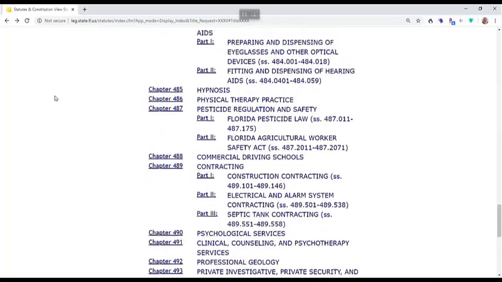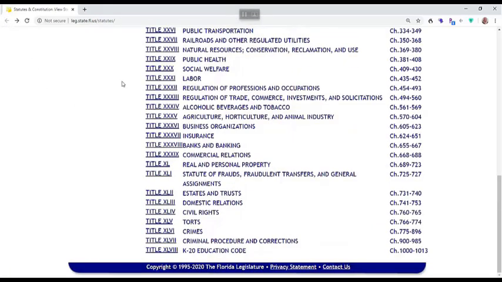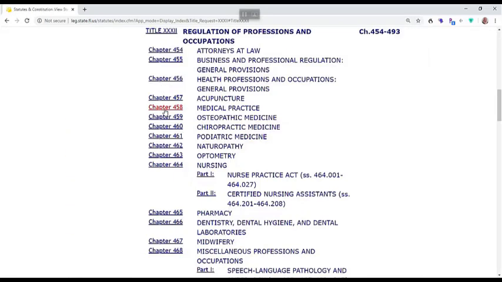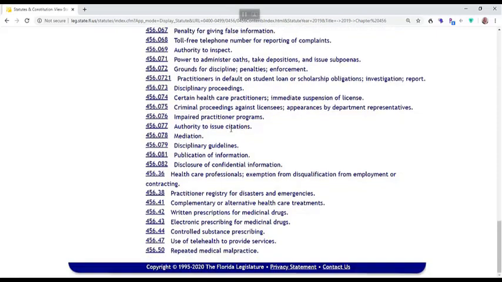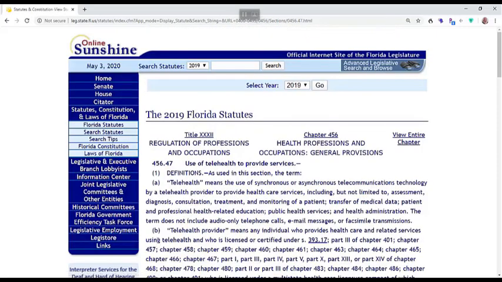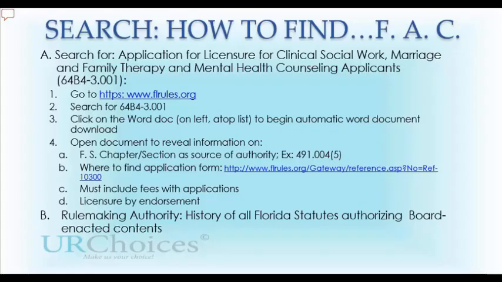So again, when doing this, the 3 steps are: go to Title 32. This is step 1. Then step 2 is to go to the chapter, and then the subpart of the chapter that you wish to examine. And here we did telehealth, 456.47. We will now review how to search on the Florida Administrative Code. The example we'll use is the application for licensure for clinical social work, marriage and family therapy, and mental health counseling applicants,